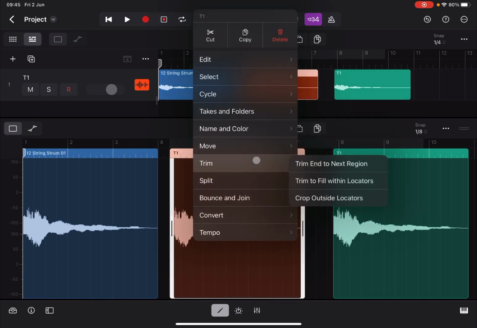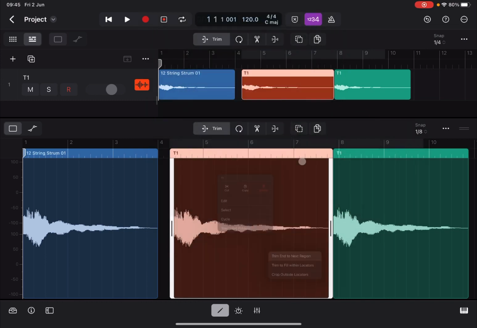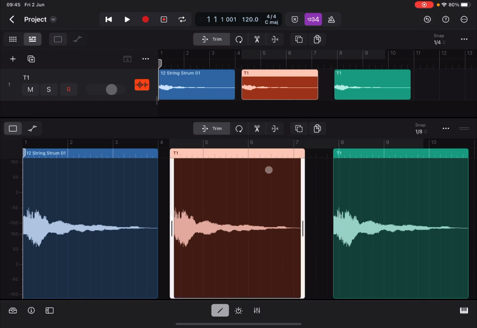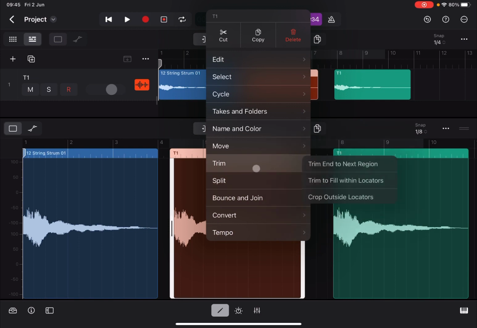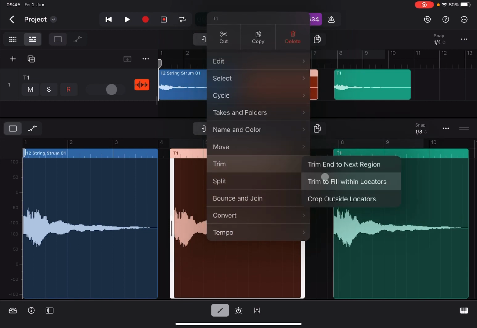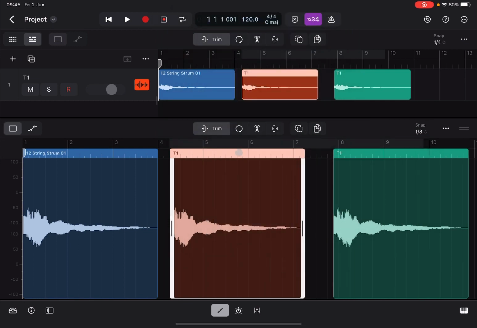What you can also do, you can also trim. You can say trim and to the next region. There you go. It has extended to where the next region is. Let's click undo. Next, we have additional option for trimming. You can do trim to fill within locators. What are the locators? The locators are where you have the